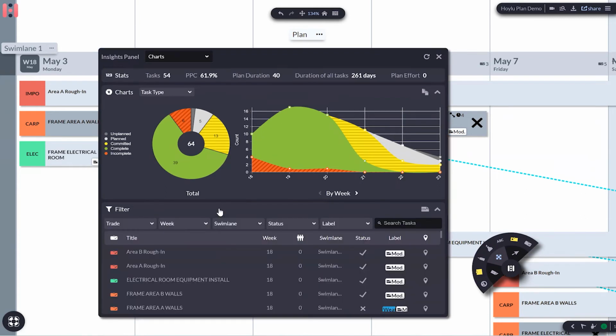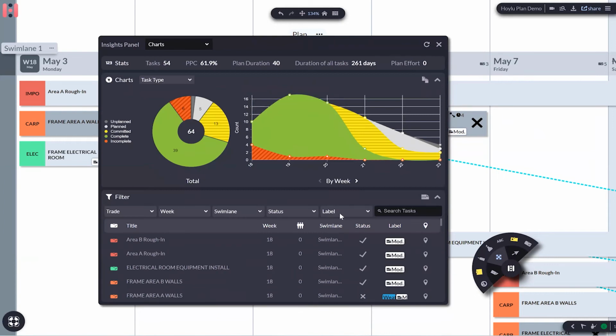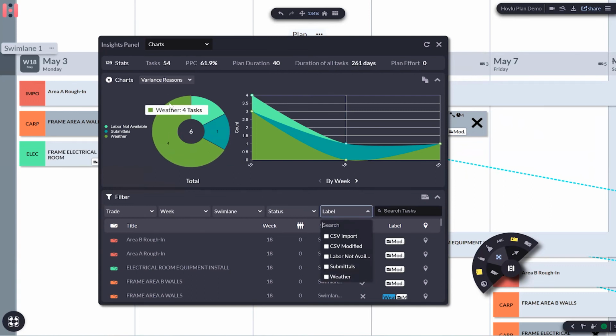And then looking at the additional labels here. What we have done is added variance reasons. That is a label now on the task as a way to filter here as well. We previously had the variance reasons here, but there was no way to find out more information, how that happened, where that happened. So now, if you filter by that specific reason back here,